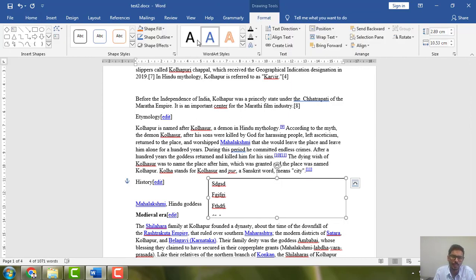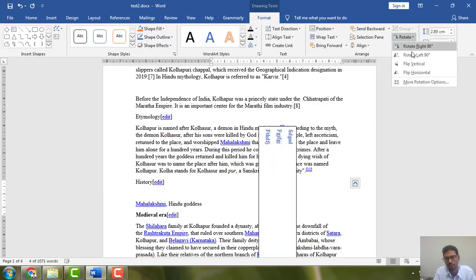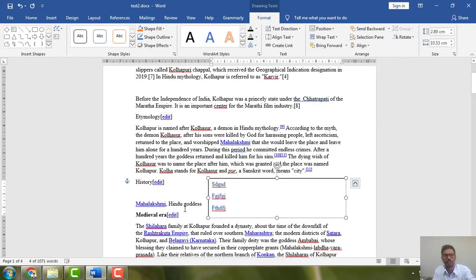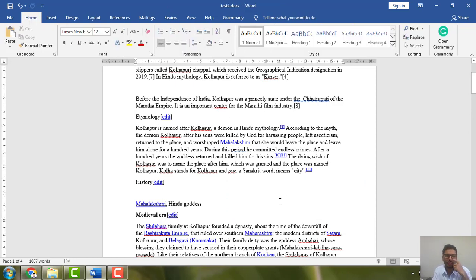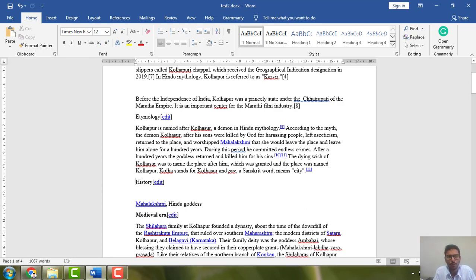So you can format and you can do many other things in the text box. All the options of text are available. Also you can rotate and you can do many other things with the text box. You can include as many things as you want. Next thing, I wanted to show you that